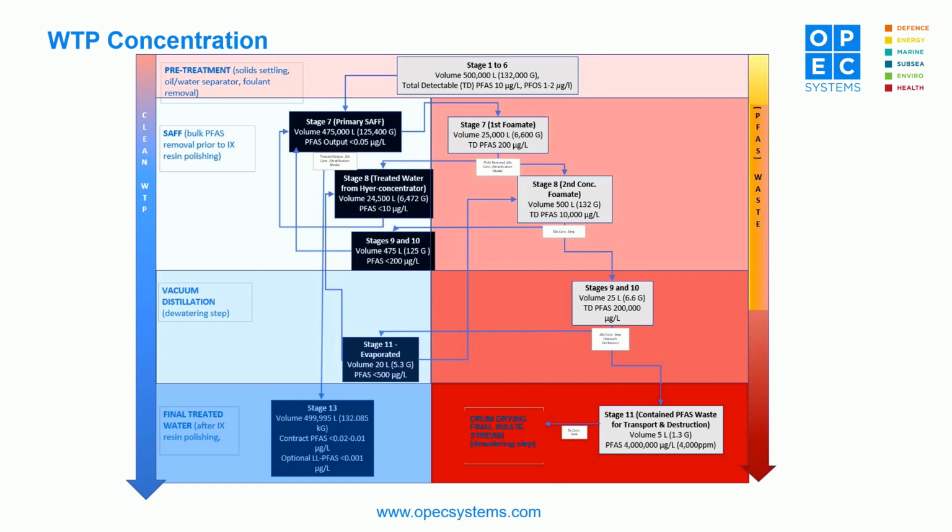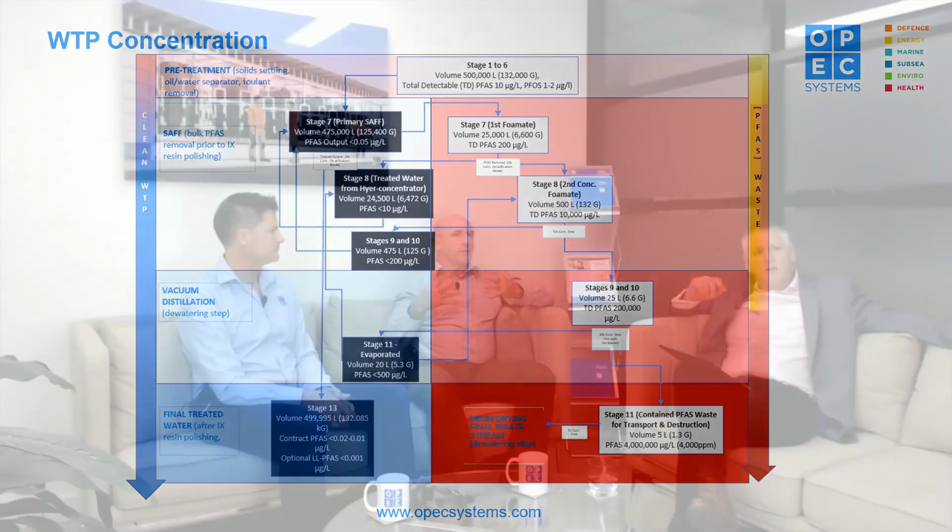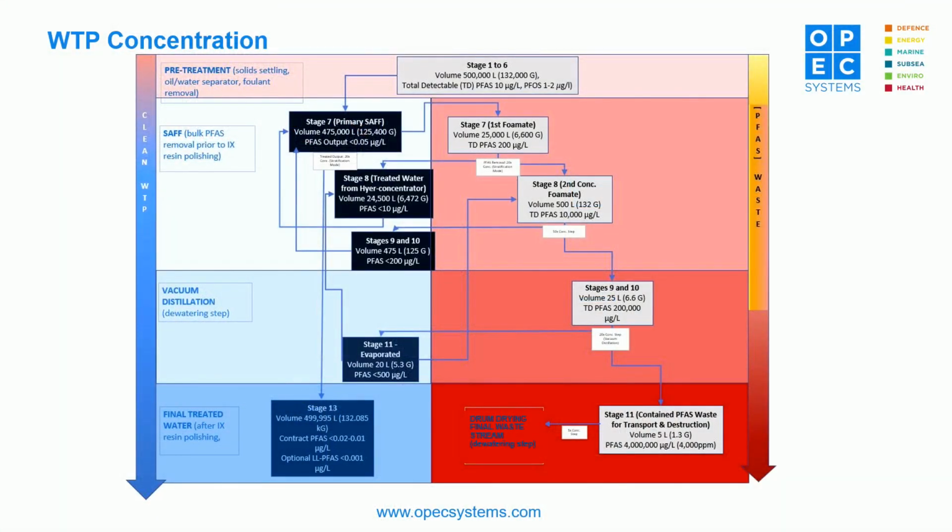So we've got these 4 concentration steps through the process that ultimately leave us with a very tiny volume of very highly concentrated PFAS liquor, along with a few other co-contaminants. It's funny, if we just go back to that graph for 2 ticks, I love this when I understood it, and I love it because if you look on the left-hand side, that is essentially your water getting cleaner and cleaner and cleaner. And on the right-hand side, that is your concentrate, your waste, red, getting more and more concentrated